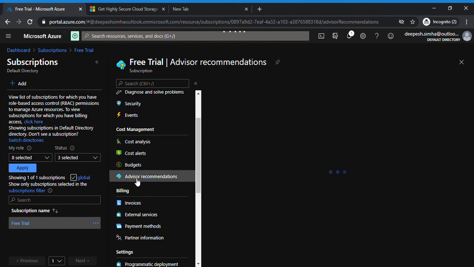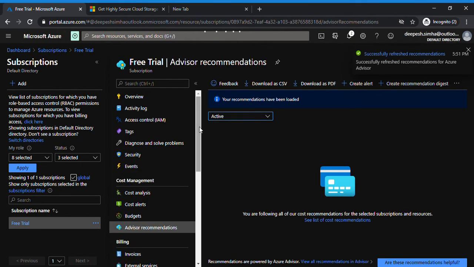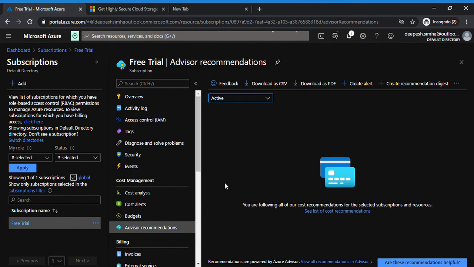And the advisor recommendation. This is one of the beauties of Azure. Why? Because if you're not using some cloud services frequently, or for example, you have created a virtual machine but there is no workload on it for the past couple of days, Azure will immediately advise that you can shut down the machine, or you can downgrade the size so that you can save some cost. So you are going to get advisor recommendations from Azure, and also a lot of notifications on the individual services, so that you can take action and save the Azure cost.